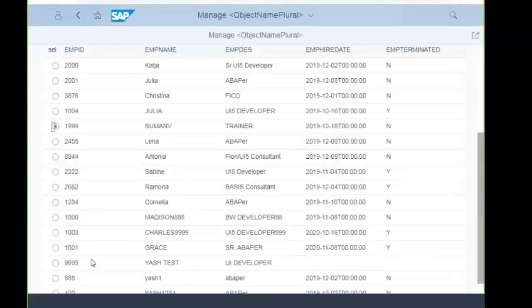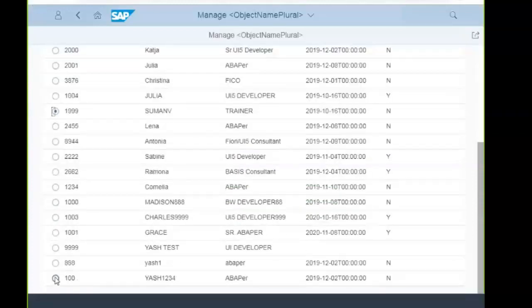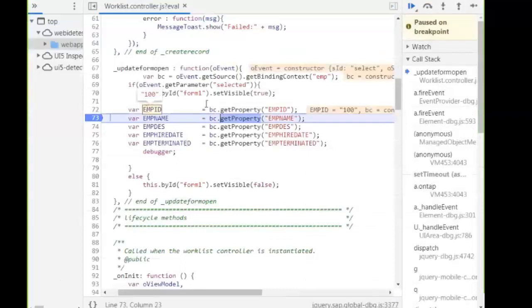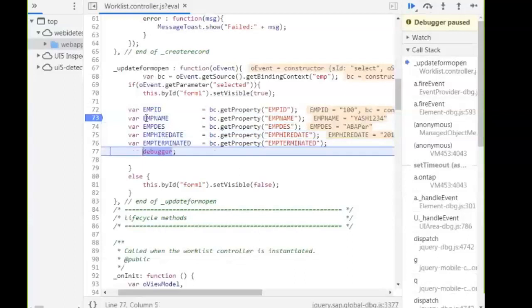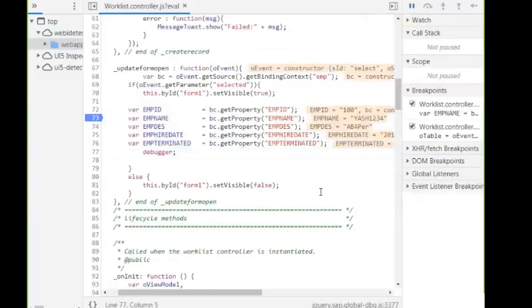EMP ID is right. Whatever row I am selecting, those values only are getting captured.